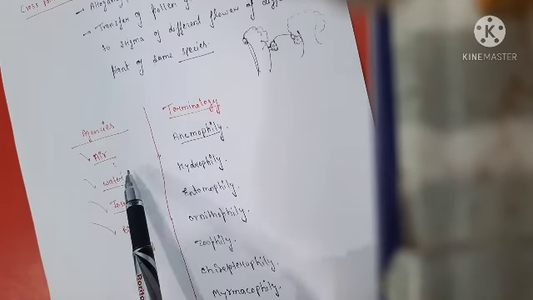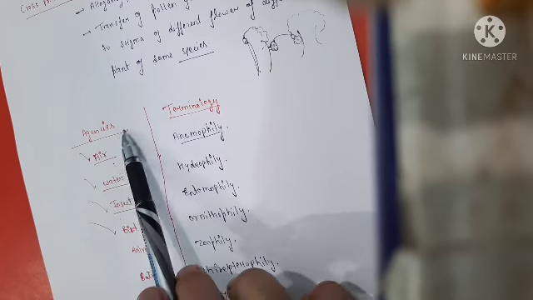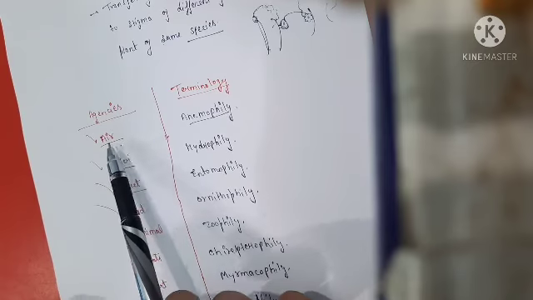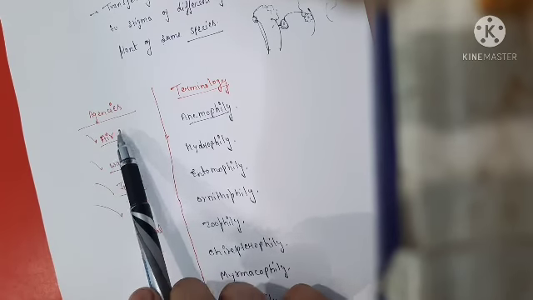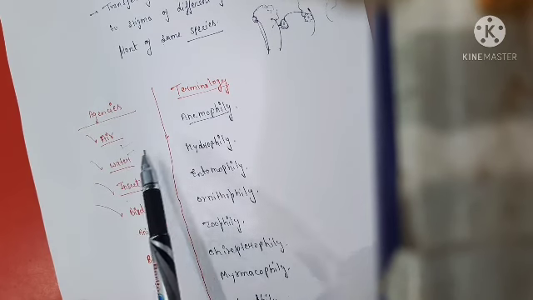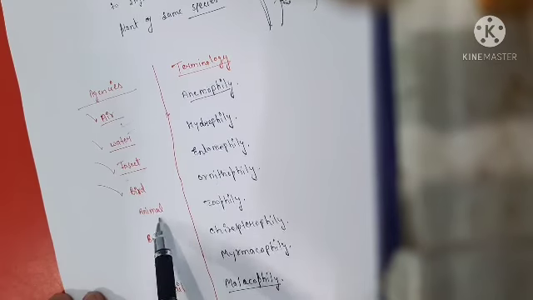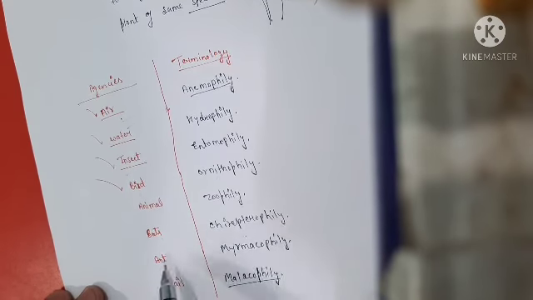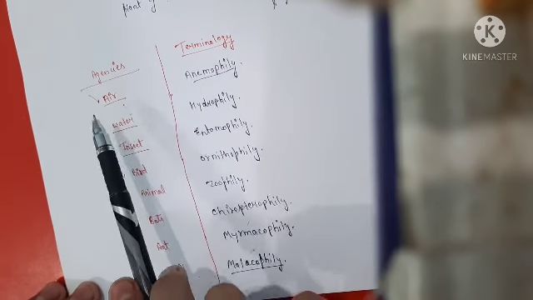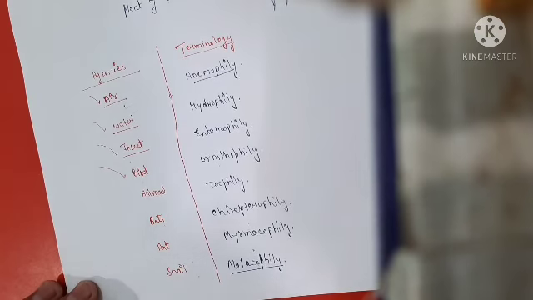After that, friends, we will discuss the medium through which pollination takes place. That medium is called an agency, and for each agency there is a particular terminology. If pollination takes place through air, the term is anemophily. Through water, hydrophily. Likewise, insect entomophily, bird ornithophily, animal zoophily, bat chiropterophily, ant myrmecophily, snail malacophily. That's all. These 4 important ones are air, water, insect, bird. You have to learn the terminology of these 4. The rest are for your knowledge.